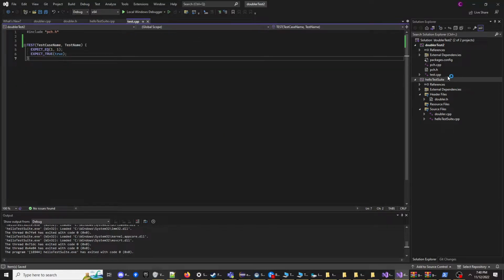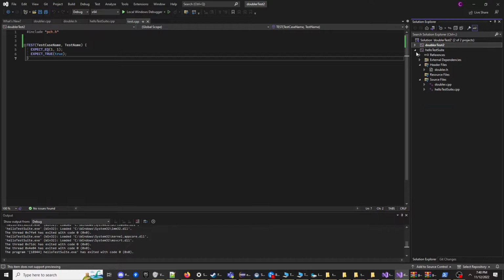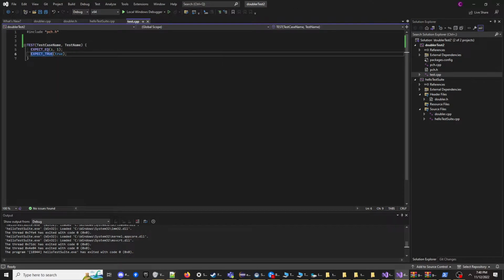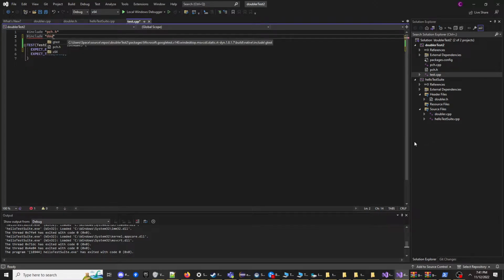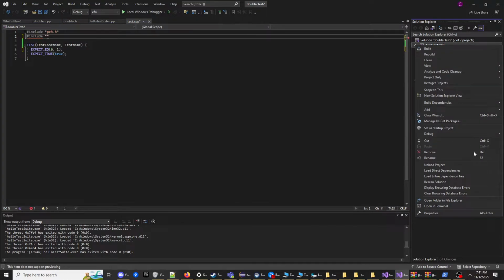Let's check this out. And our test CPP, which is back in the doubler test 2 project. So this is like 2 separate projects. They're 2 projects in one solution, I suppose. Let's go into the doubler and in the test CPP, we're going to pass 6. We're going to include, we need the path to doubler. So let's go to the repo